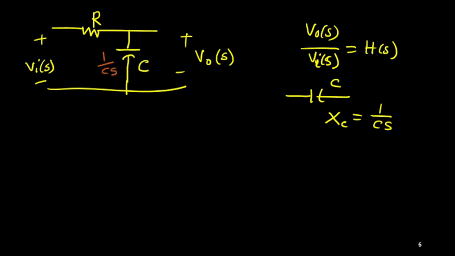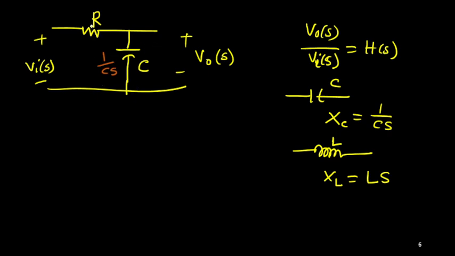And if it is an inductor with inductance L, then its reactance XL, I'll consider L into S. That's all. So how we are getting that will be discussed later. Okay. So here, if I consider this is resistance R and its reactance 1 upon CS, easily we can use